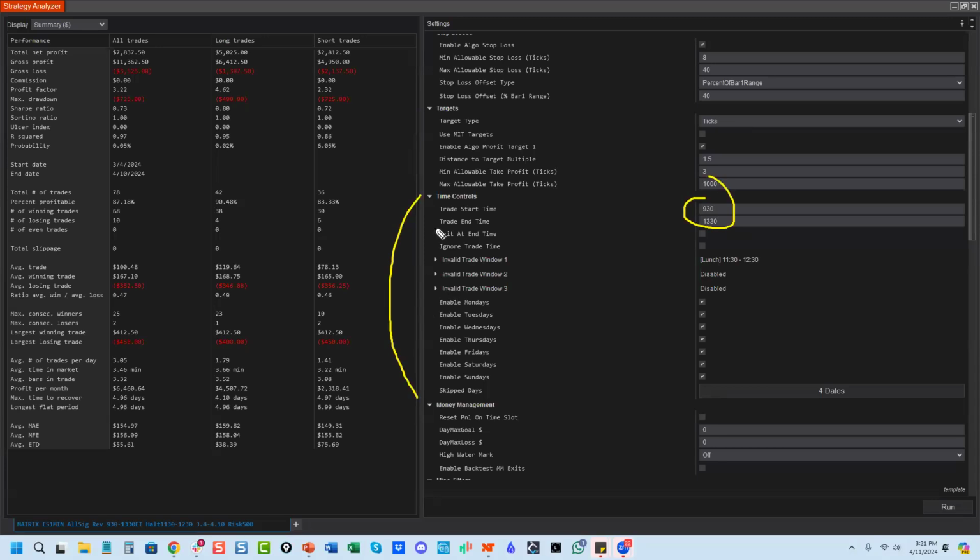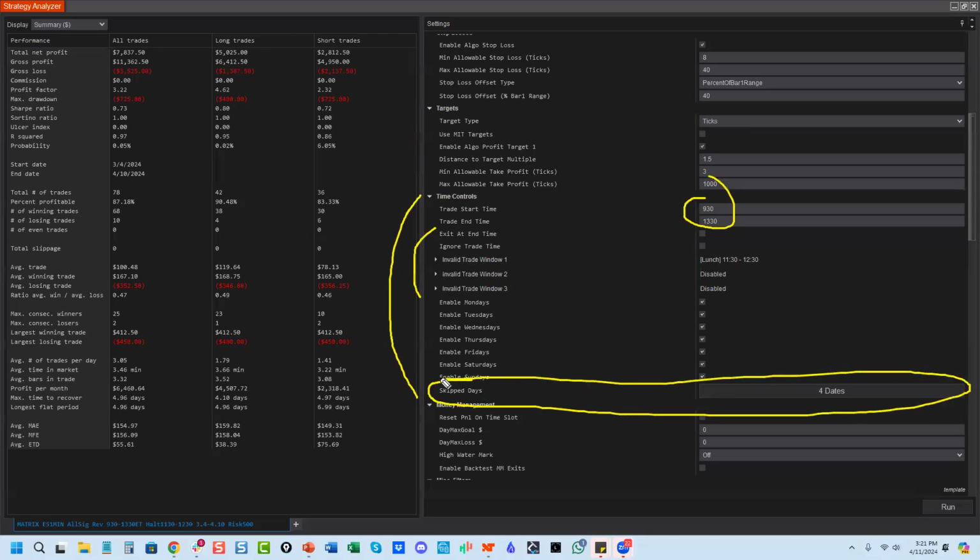Then you can block times, if you don't want to trade lunchtime, or the crude report, or maybe you want to remove holidays from your schedules because it throws off all your data.